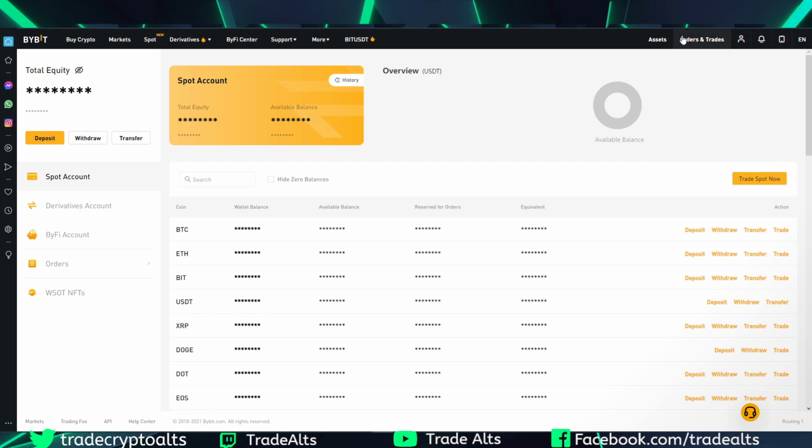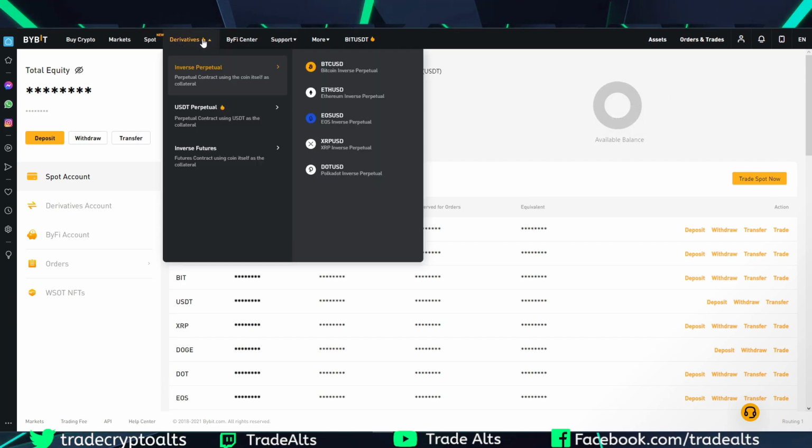And then for orders and trades, this is the same as any other exchange. This is where you're going to see all of your current and previous orders or trades. Not really that important to this tutorial, but I mostly wanted to go over the actual trading and how to